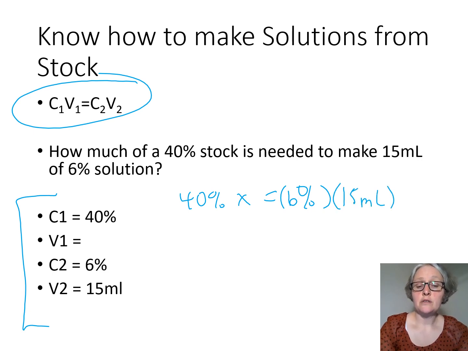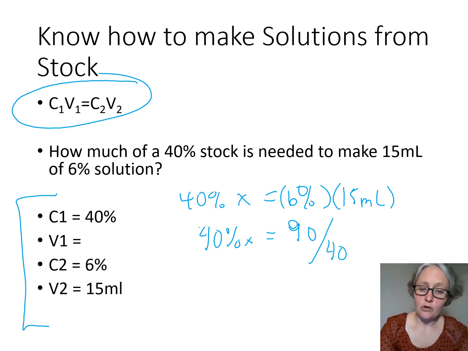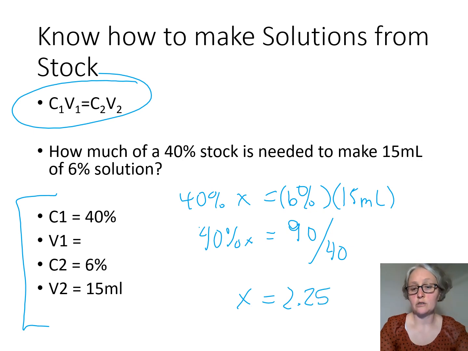We then plug into this equation and solve for x. So 40x equals 6 times 15. This is 90, 6 times 15. 90 divided by 40, x turns out to be 2.25 milliliters of stock. So to answer the question, how much stock is needed, we would need 2.25 milliliters to